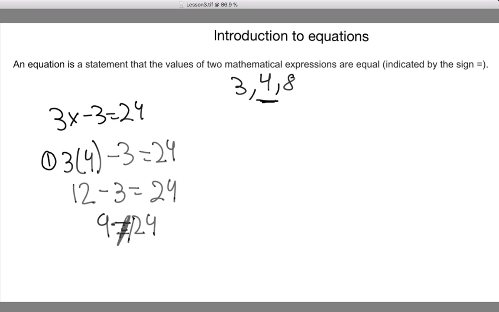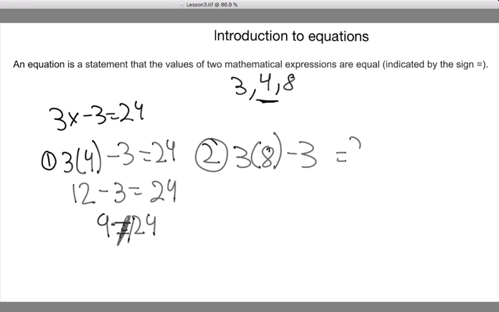But okay, so if we know that 9 is too small, and if we know 4 is too small of an answer for x, and we know that 3 would make x even smaller, giving us an even smaller answer, how about we try plugging in 8 this time, because this would at least give us a bigger value. So when we plug in 8, we're going to get 3 times 8 minus 3